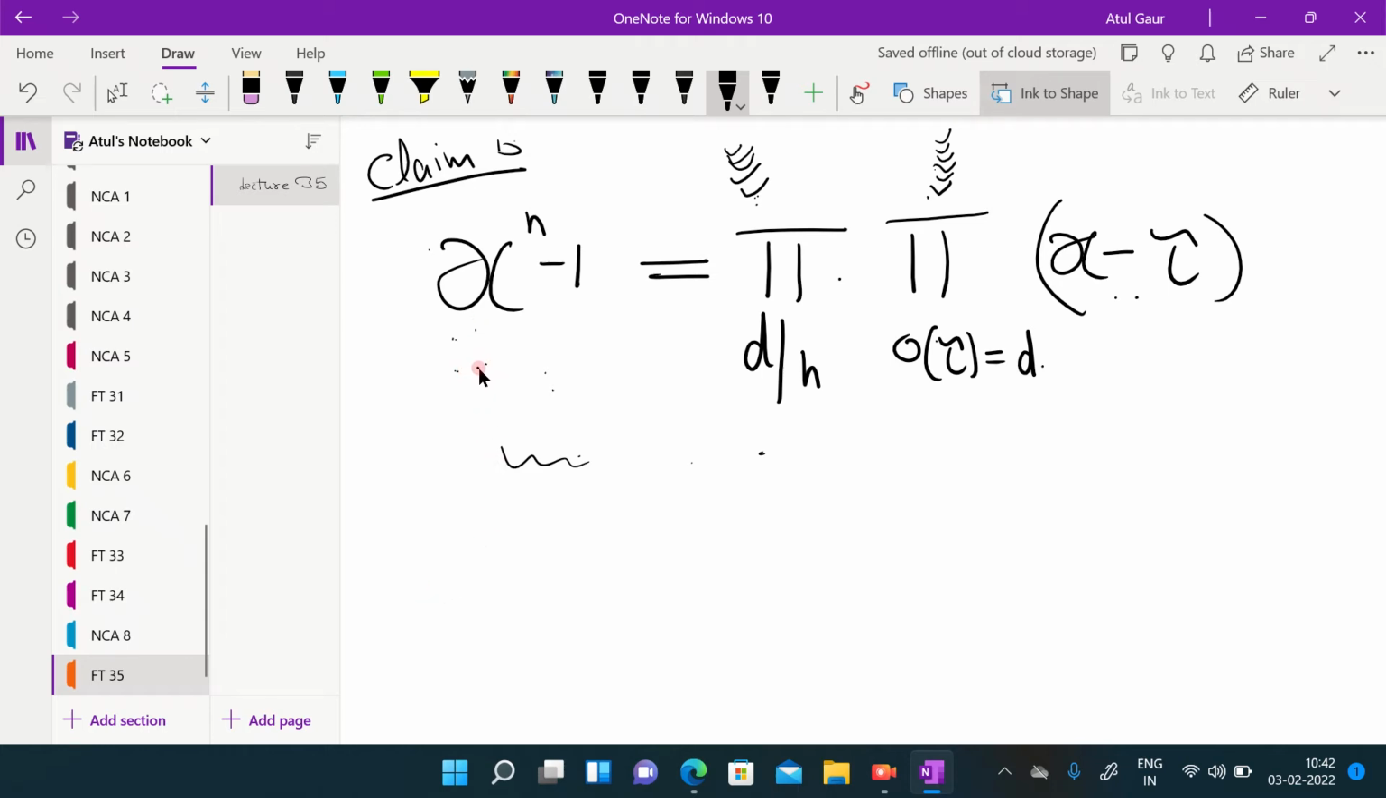So what I will show to establish the equality is that every linear factor of this will be a linear factor of this and vice versa, right? That's how we will see the equality. So first assume you have a linear factor of the left hand side. So assume that